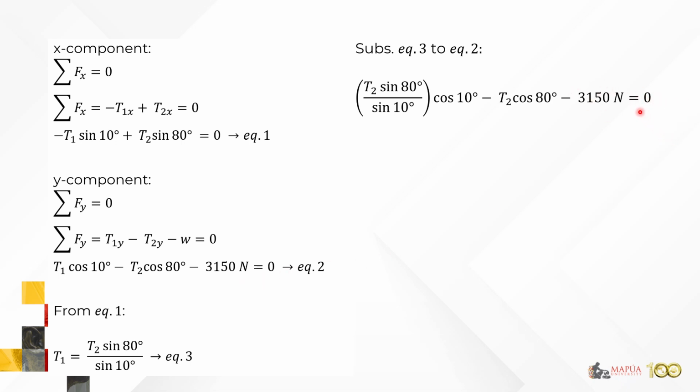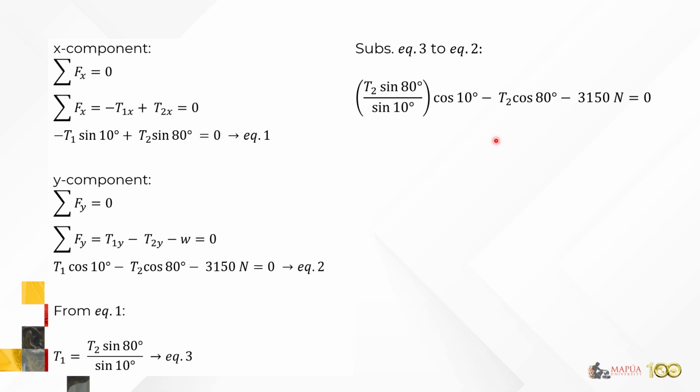I would encourage you to try to solve this on your own first before I show you the solution. You'll notice here that we only have one unknown variable, which is t sub 2, that you can already factor out between the two terms. And the third term, you can just transpose on the other side, so it becomes positive. So try to isolate t sub 2. Pause this video.